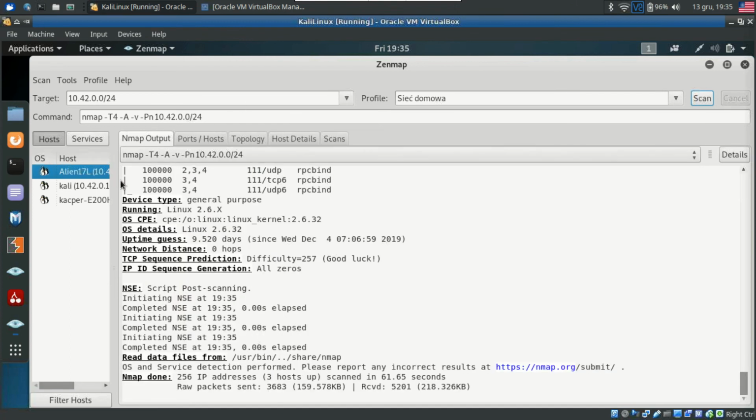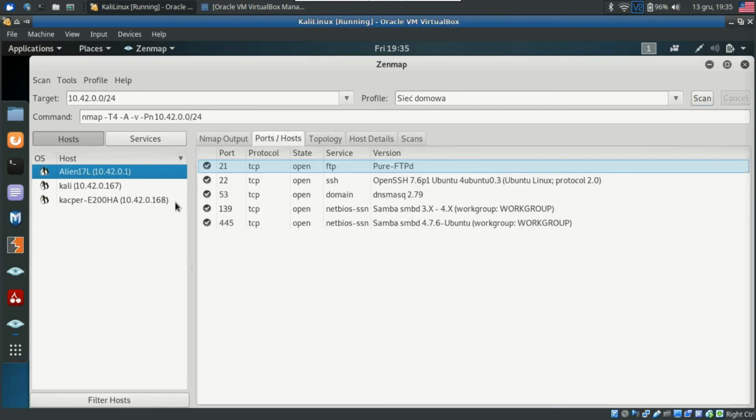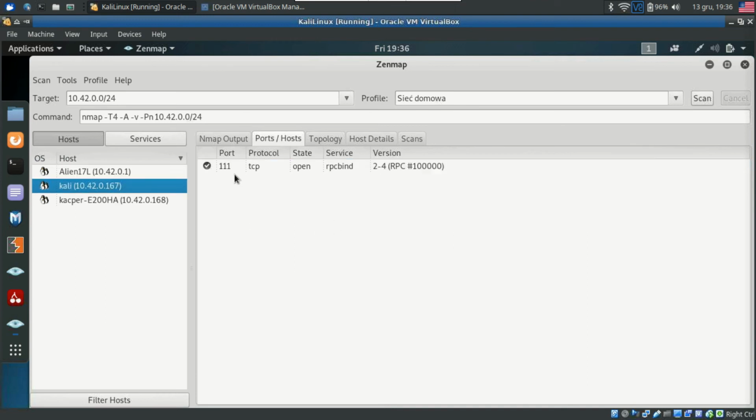So on the left side of the interface, as you can see in this Zenmap solution, we have the first one, which is Alien 17L, which is my server. It's the DHCP, it's the router, it's the internet access point, and as you can see, it is an SSH and FTP server. And here we have dnsmasq, which is mainly for giving the IP addresses, and those ones, I don't know what they are. Then we have the Kali,